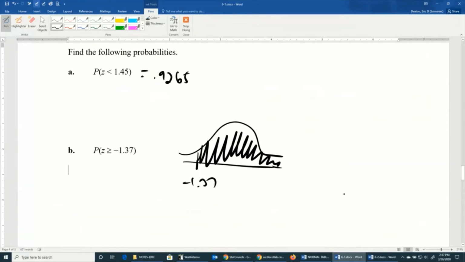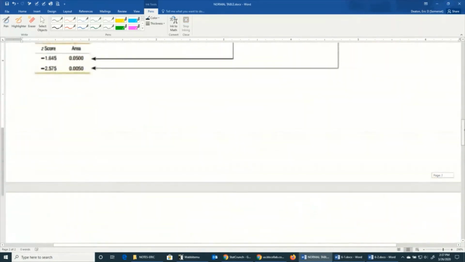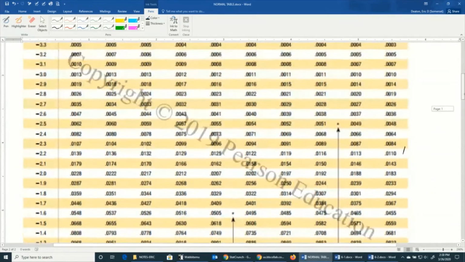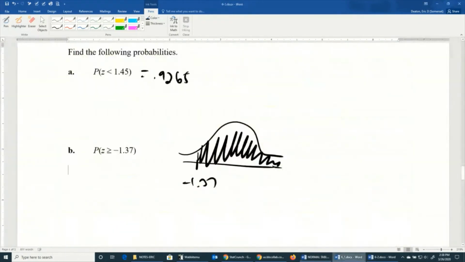And so, if you are a table user, negative 1.37, 0, 1, 2, 3, 4, 5, 6, 7, 0.0853. 0.0853 is the table value,